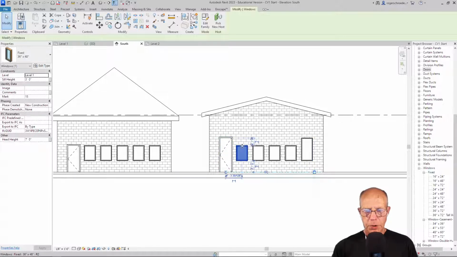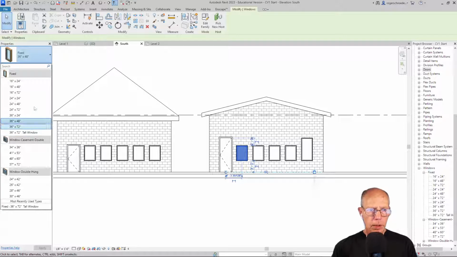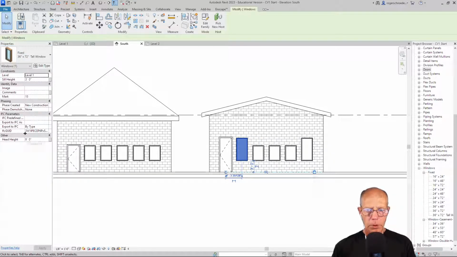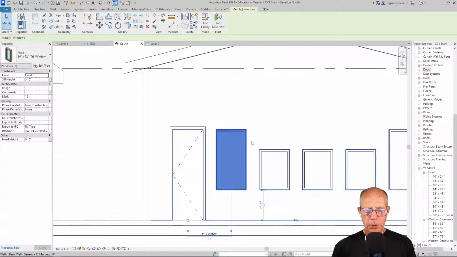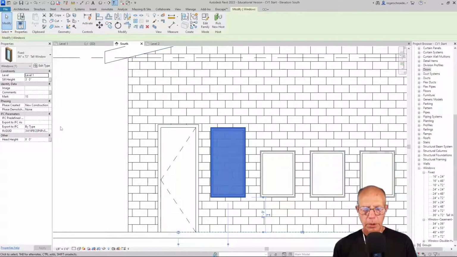I'm going to actually change this one because I think there's a problem with this. I'm going to select this one now. This window, it's originally the first one we put in, and you'll notice now we have this drop down. And now I can select that 72-inch tall window. And if we zoom in here, you'll see how it's not quite up to the top right. So there's a couple ways we can adjust that. We could actually change the sill height, but I'm just going to add like 3 inches to the height of the window. So I'm going to go to Edit Type,